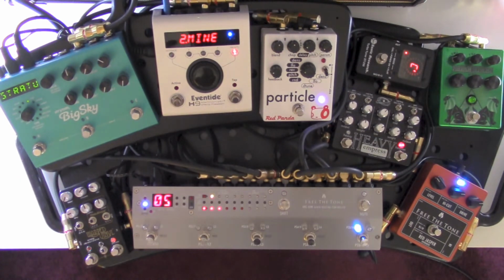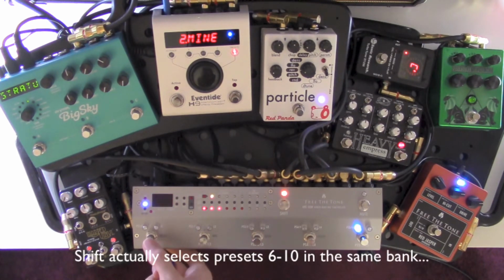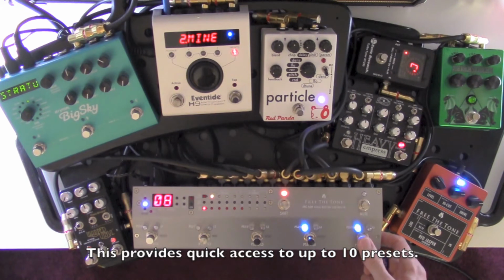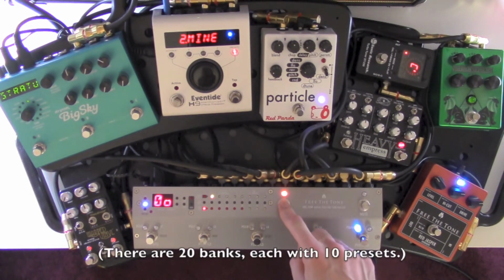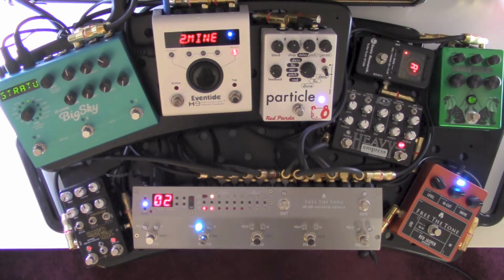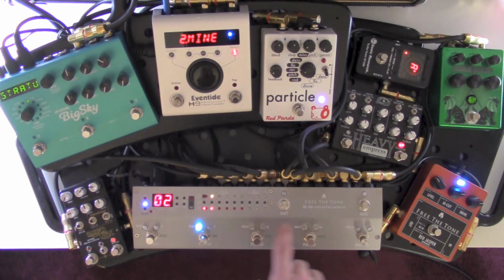All right. So you can also hit the shift foot switch here to go to the second bank of presets. So you can have 10 presets instantly recallable. I love that. But we're going to stick with the first 5 for now. Okay. So we have the 5 pedals in the loops being activated in various combinations with the presets here, but